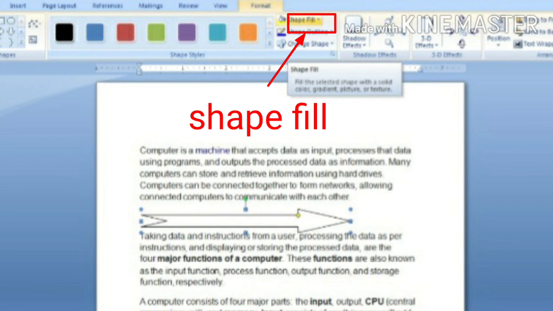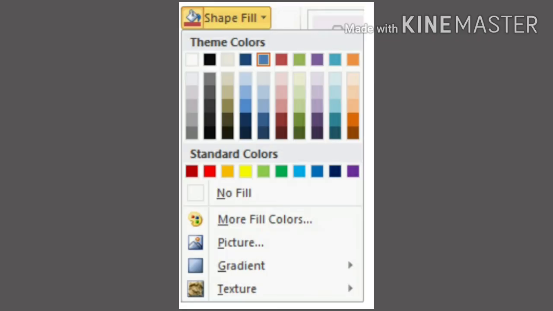This is the Shape Fill option. When you click on the drop down arrow, you can see many colors. From that you can select any color of your choice, or you can also select the No Fill option to keep the shape blank.